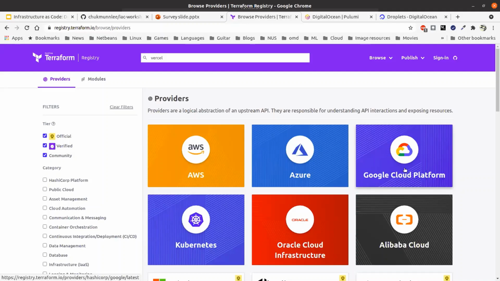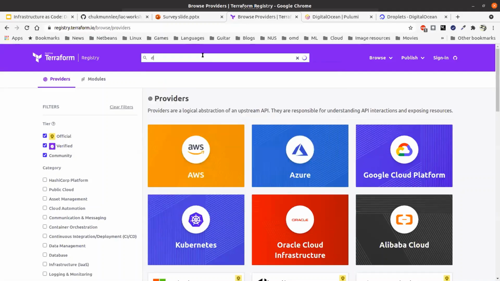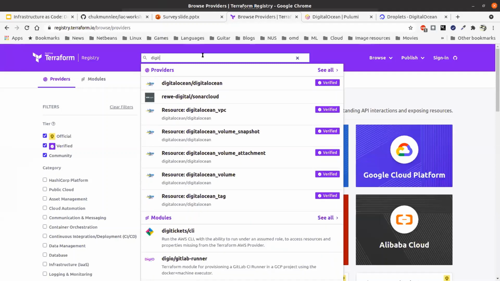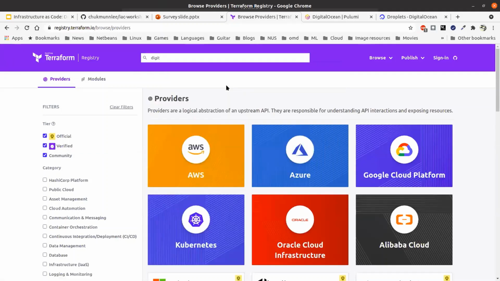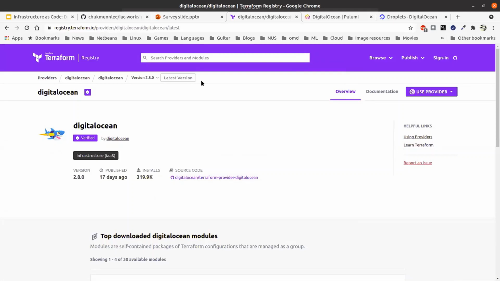So what I'm going to do is this: I'm going to use DigitalOcean. I think DigitalOcean is very nice because it's really simple to use, and it's got quite a lot of features. So you search for a provider, and you get to a page like this, and you notice on the right-hand side here, you've got this tab, right?